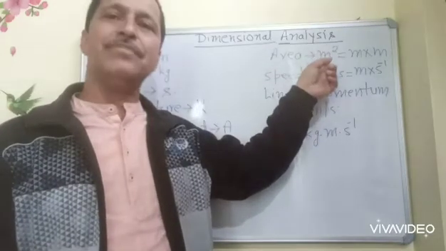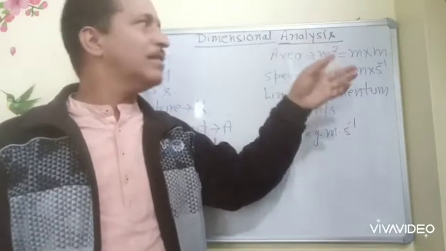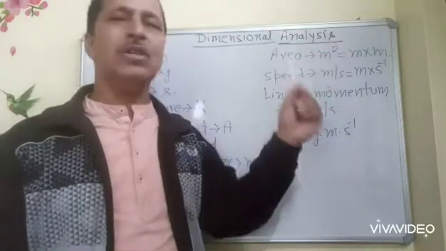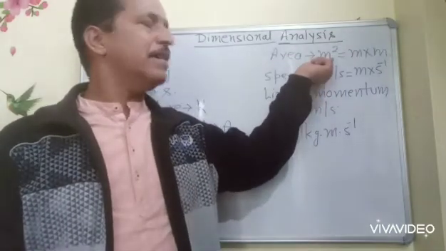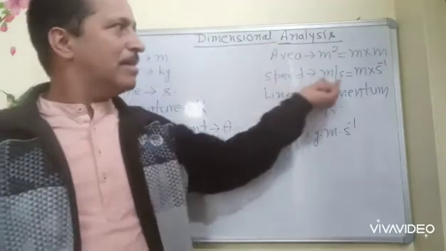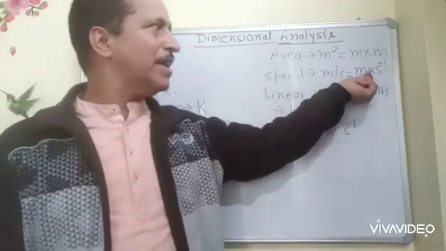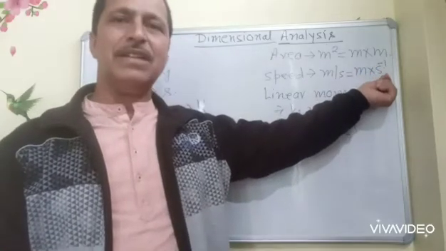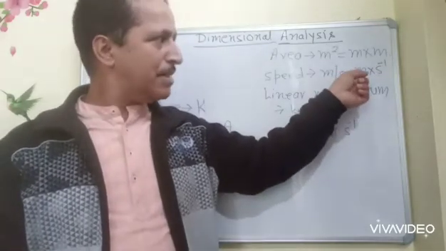Meter is the unit of fundamental quantity length. So we say that area has dimensions 2 in length. Similarly, speed has dimensions 1 in length and -1 in time, because we can see from its unit